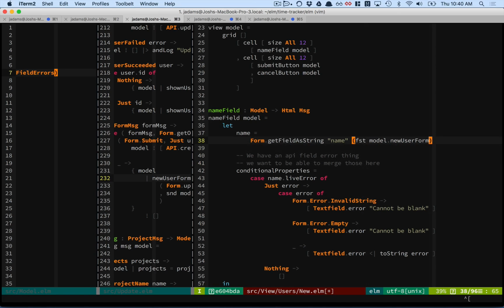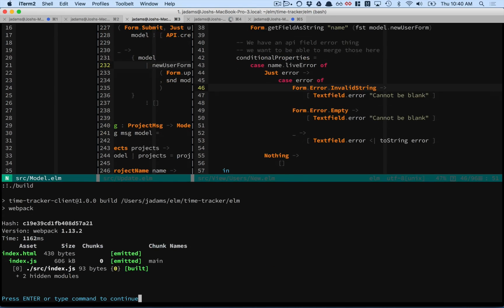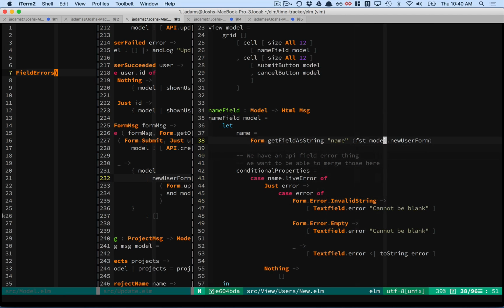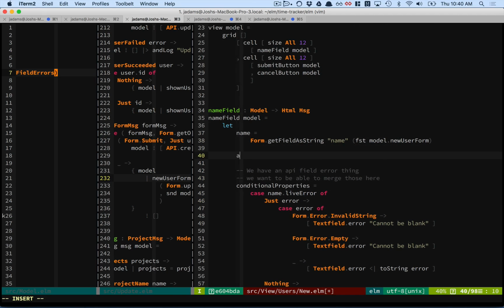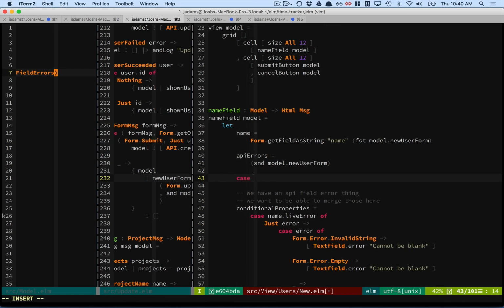First model.user form. And that should compile and everything should work. I think that's the only place I use it otherwise. Yeah. Okay, that works. So now I want to say errors, or API errors, is, we'll call it second model.newUserForm. And we will say, I'll do a case name.liveError of,